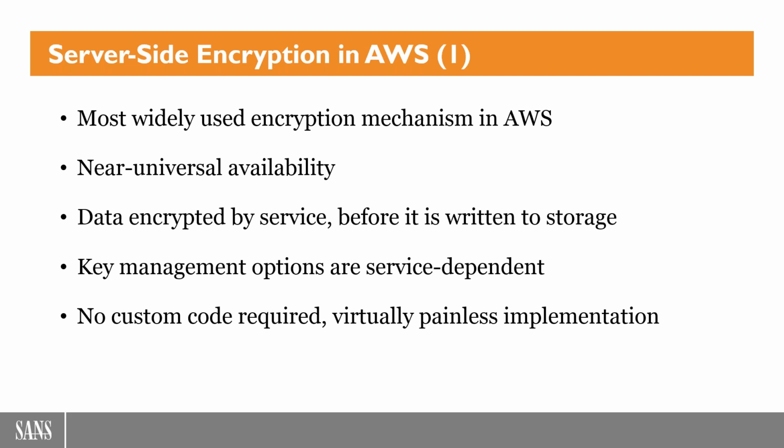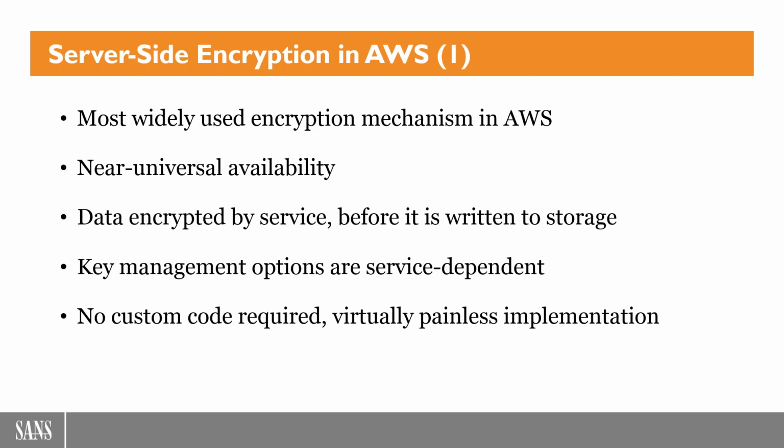But generally, if it's a service that's going to be widely used and encryption is important to that service, they will be coming out with it soon. And at this point, the vast majority of services for persistence that you would consider using certainly provide server-side encryption, including Dynamo as the most recent one to be added to that set. So again, as the name implies, the data is encrypted by the AWS service upon receipt. So it is not encrypted in transit unless you're using TLS, of course, which hopefully you are.